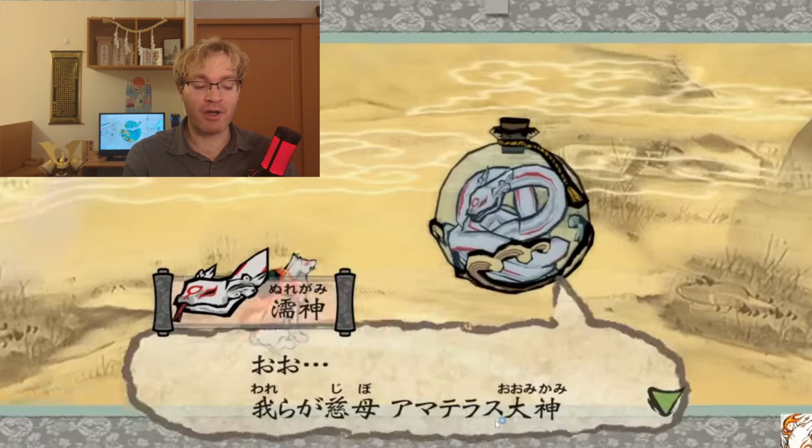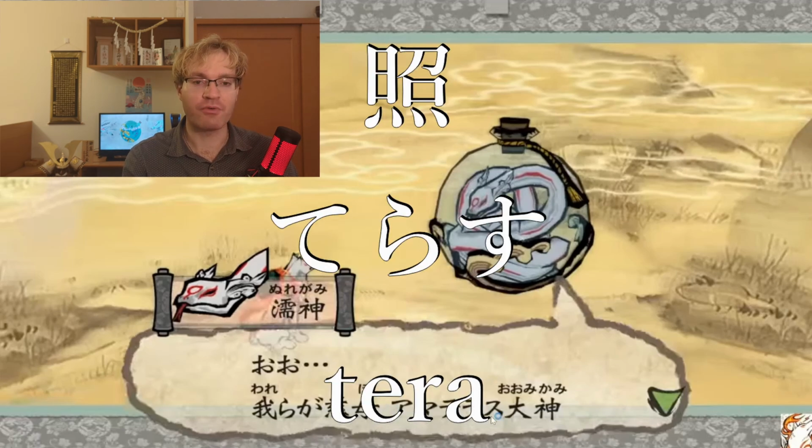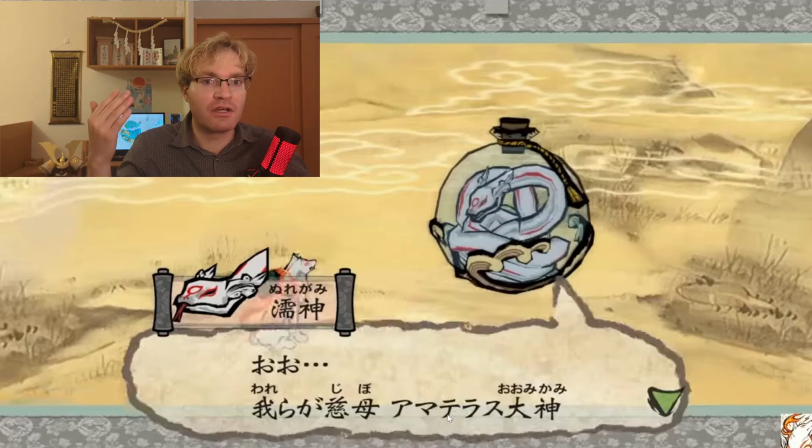But the interesting thing about Amaterasu is Amaterasu actually has a meaning in and of itself. Amaterasu comes from two words, ama, which means heaven, and then terasu, which means to shine, to cause to be bright. So literally, one of the ways that you can translate Amaterasu's name is heaven shining, the thing that shines in the heavens, the thing that makes the heavens shine, the thing that brightens heavens, which is the sun. And then we have O Mikami.